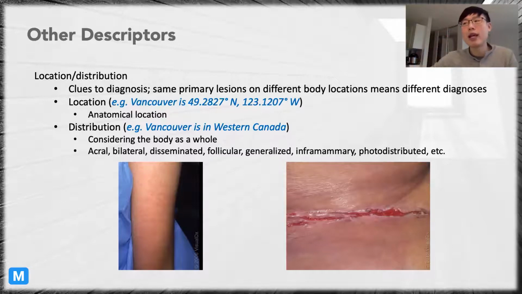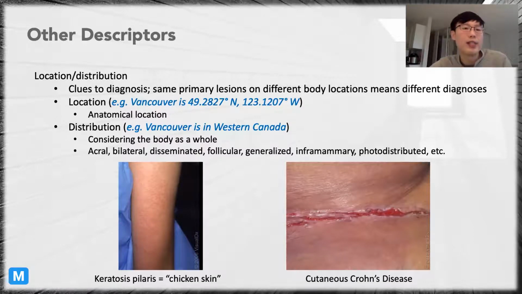And the second one, the lesion is basically a fissure, and the distribution is inframammary, basically under the breast, a cut-like linear rash. So the first one is the classic location for keratosis pilaris. The colloquial term is chicken skin. It's an autosomal dominant inheritance. If you have it, most likely your parents may have it. It's basically bumpy skin over the